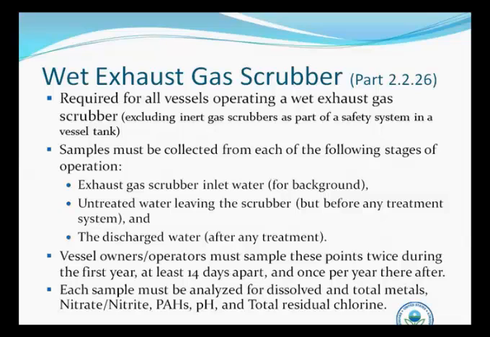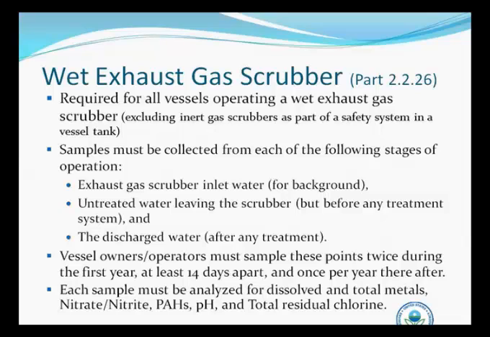These samples must be collected from each of the following stages of the operation. So there are 3 different stages. The first collection is for the inlet water. The second collection is for the water leaving the scrubber but prior to treatment. And then the third point is for the discharge water, or basically the final effluent after any treatment has been